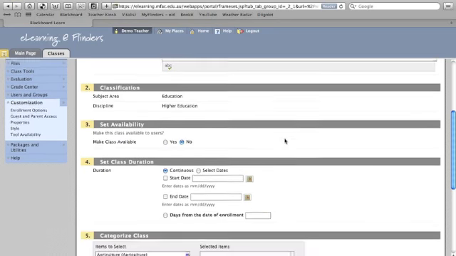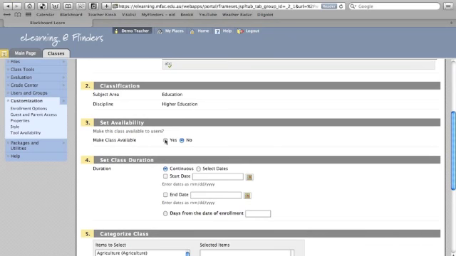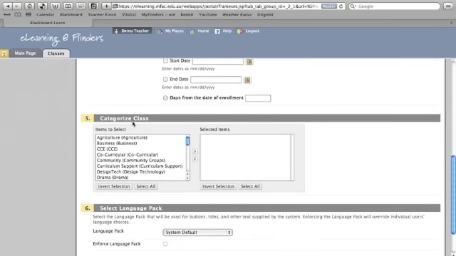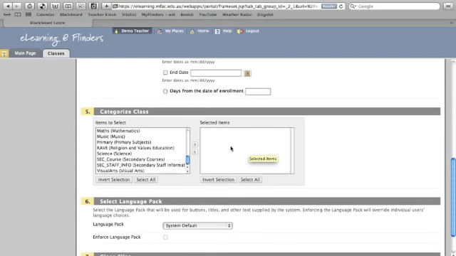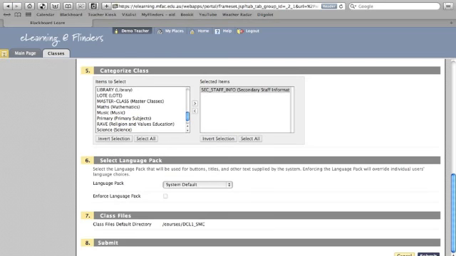Once you've done that, you need to go down to make class available and select yes. And then I would ask you to go to the class category area. And in this class category area, if it has not already been categorized, please ensure that you select a category for it to be included in. In this instance, I'm going to select secondary staff information page. Obviously, if it's a science class, you would select science, or a music class, music, maths class, a maths category. Once that is completed, select submit,